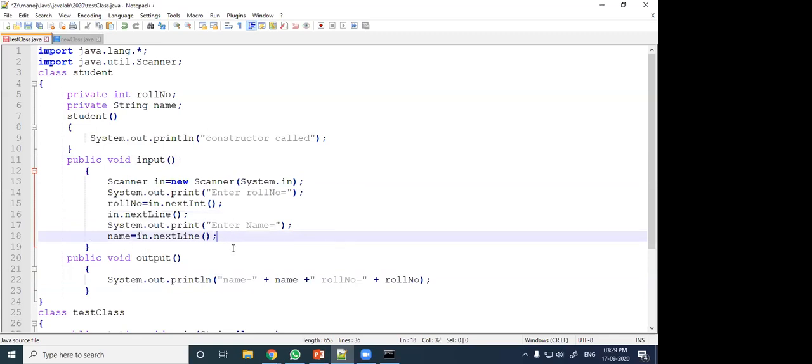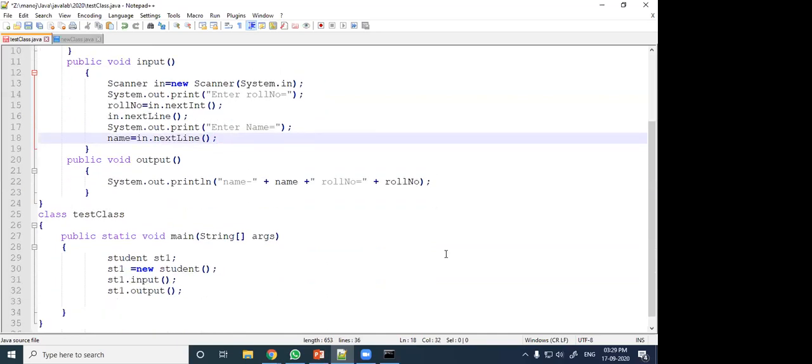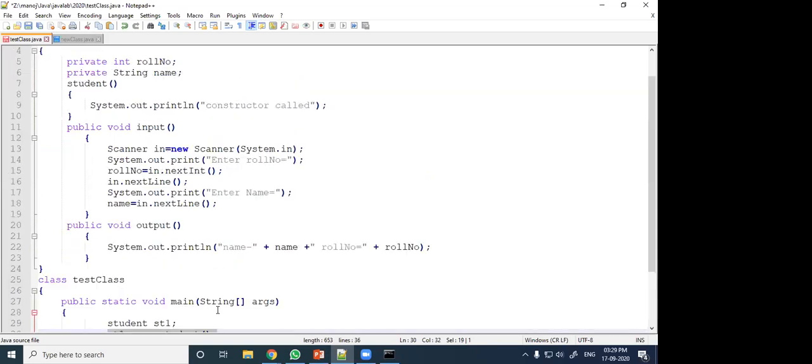After that, in the output, I am showing the data. So here the class contains the main function. Inside the main function, I have created the object of student class. Here it is declaring the object, and here it is creating the space for the object. Then the input function is called, output function is called. So this is about the program.